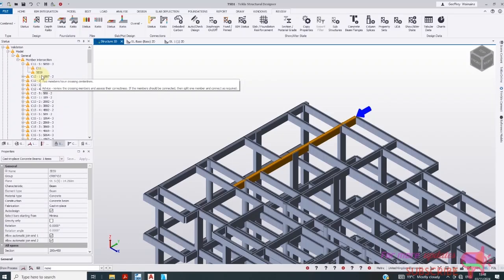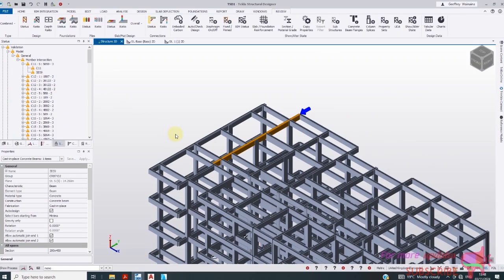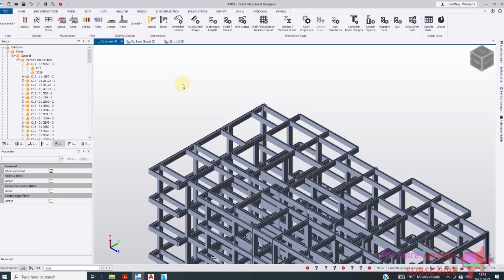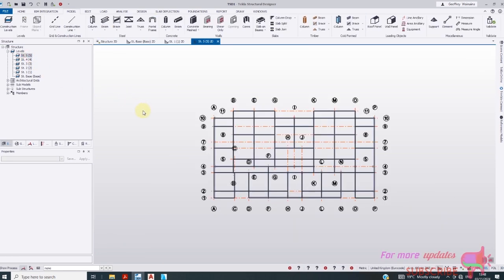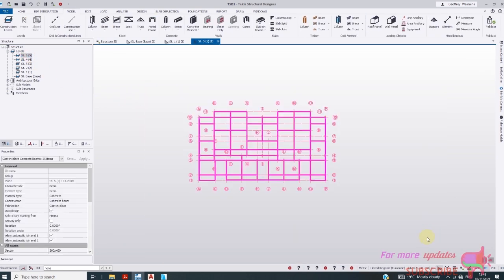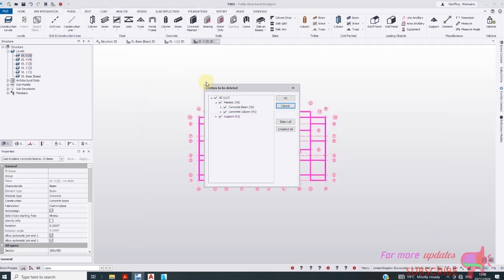Again, now it's on the top side. So let me show you. Let me go to that part, because we currently don't have any beams in that part. So I will just go to that part and delete everything apart from columns,